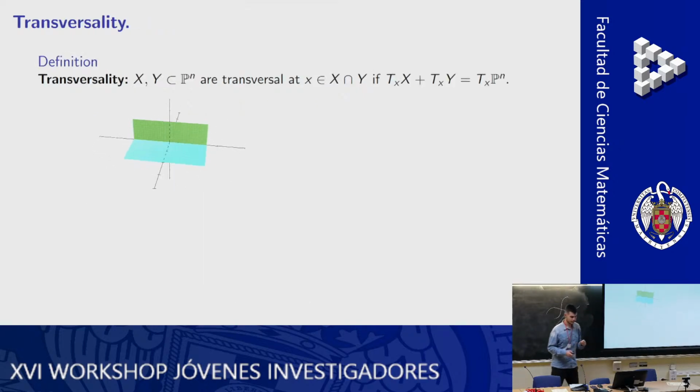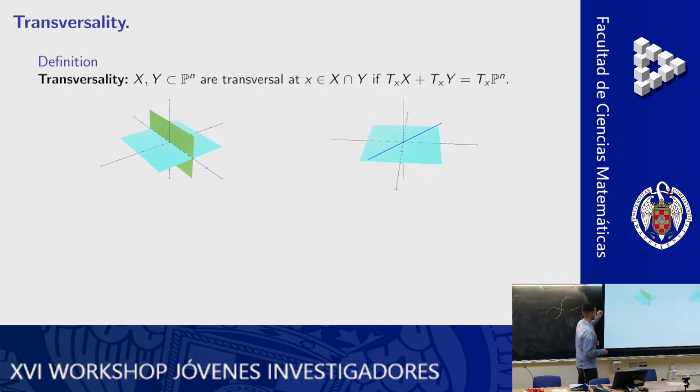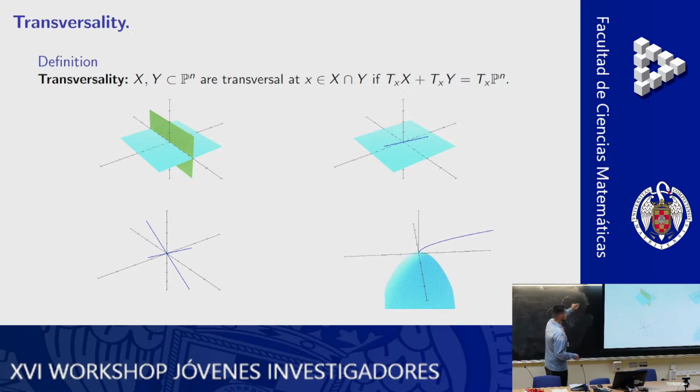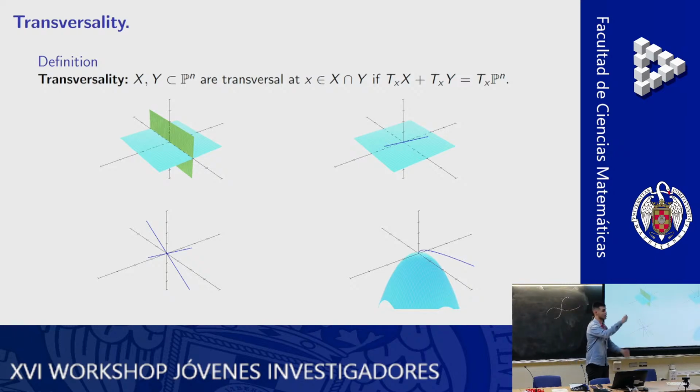So to understand the second part that I said, we want to make this translation between intersection and product. So we have to understand what transversality is. For those of you who already know, it's just the general notion, but I'm going to explain it for those of you who don't. If you take two projective varieties, we are going to say that both varieties are transversal in a point of the intersection if both tangent spaces sum up the ambient space.